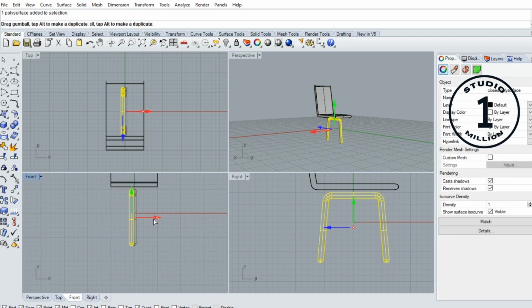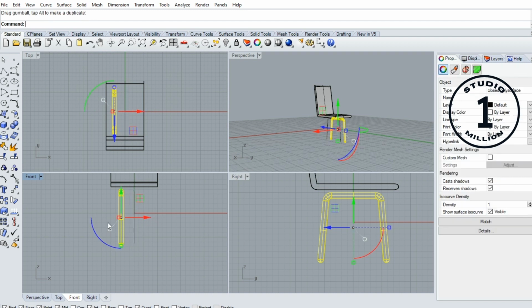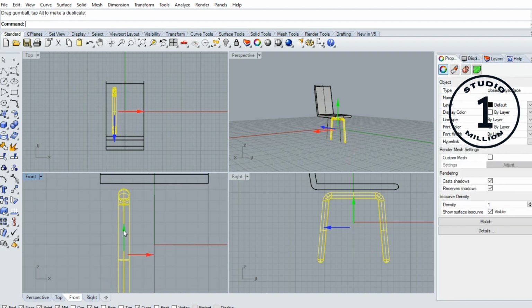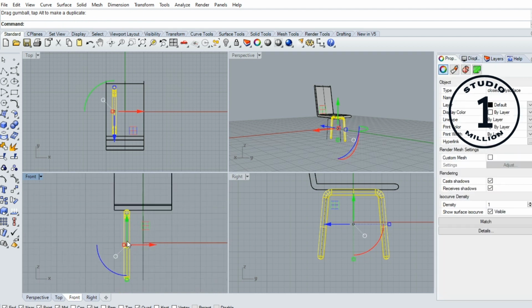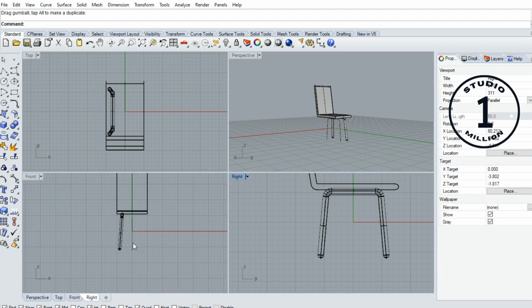Now I move here like this. A little bit up and rotate like this. Okay. Now I don't